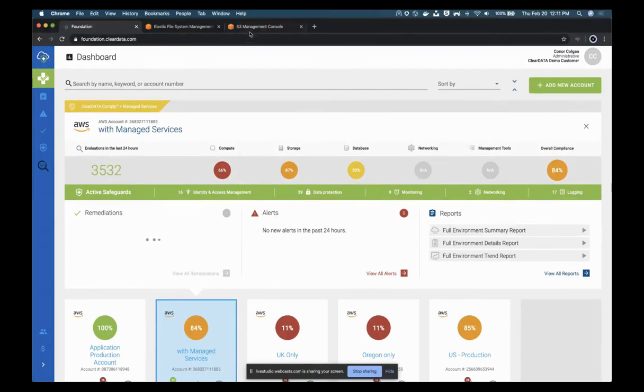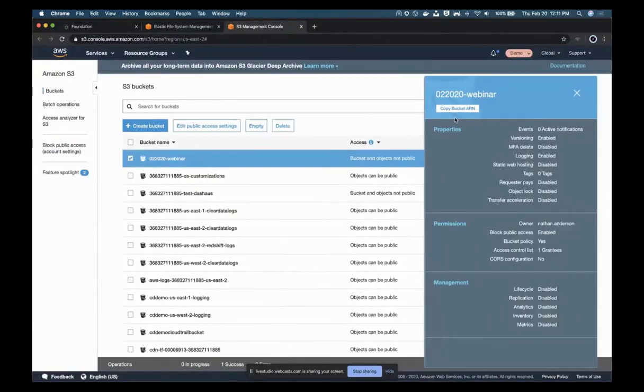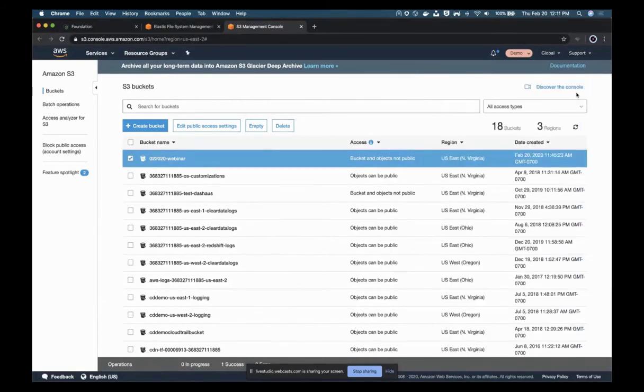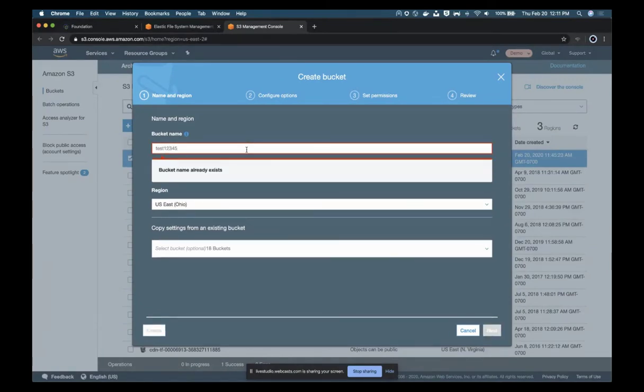So as an example, what I'll do is show you that I created an S3 bucket here just prior to the webinar, and when I created the bucket, I chose the default settings. So for example, encryption was not enabled, access logging was not enabled. And I'll show you what that looks like when I go through it. So if I create a bucket,